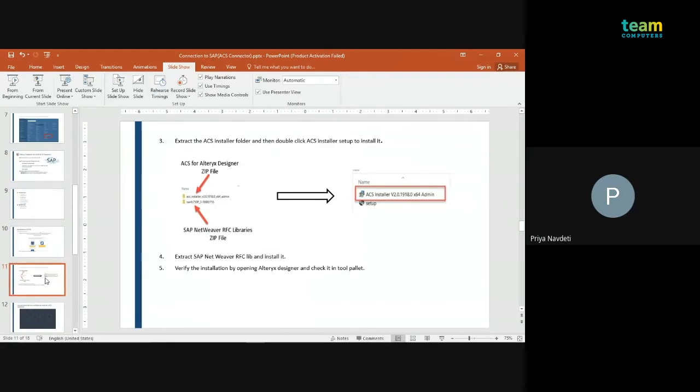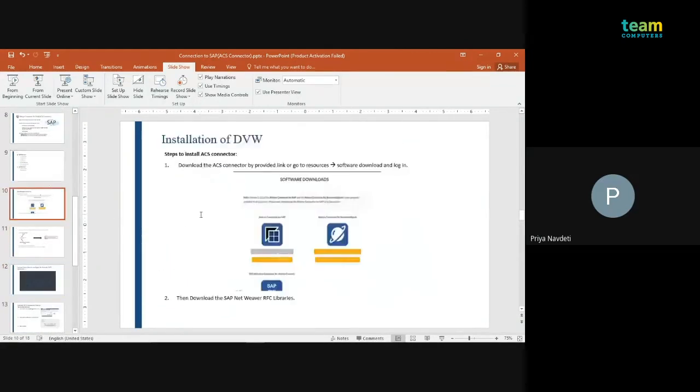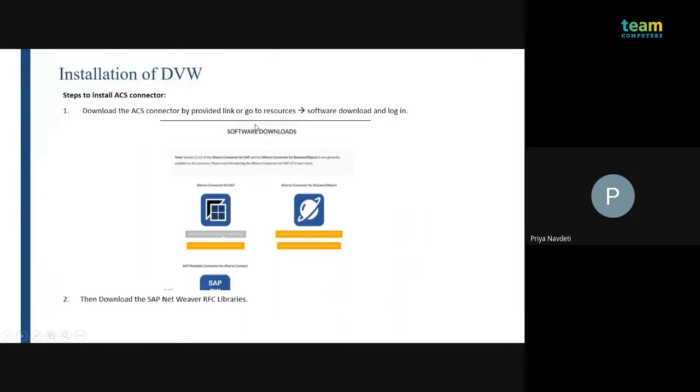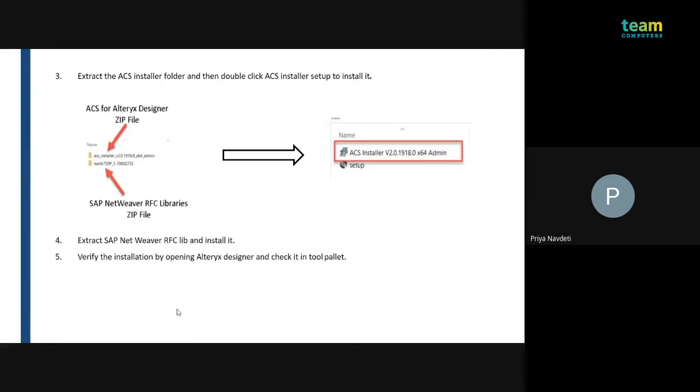So this is the process of installation. It will prompt you to this page. Then we have to click on the Alteryx connector to download the ACS connector. If you are downloading MySQL, then we need to use some libraries. For the SAP ACS connector, we need to use the SAP NetWeaver RFC library, which will help you connect between SAP and the ACS connector.